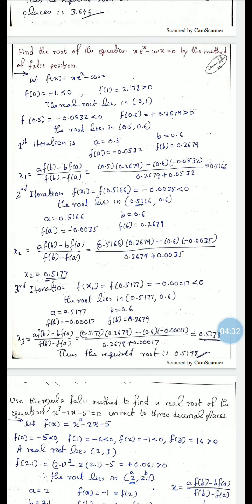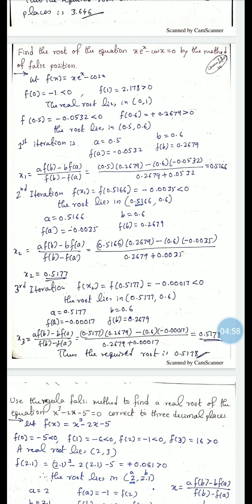To get the answer easily, or to make fewer iterations, we make the distance between the two points less. Now it is 1 minus 0, which means 1. So let us make the distance less. For that we check in between 0 and 1 for one negative root and one positive root. Therefore put x equal to 0.8. Therefore f of 0.8 is equal to minus 0.0532.